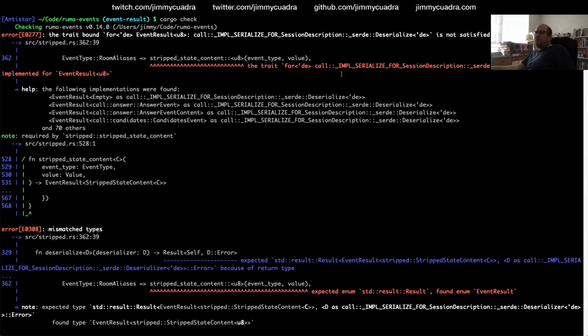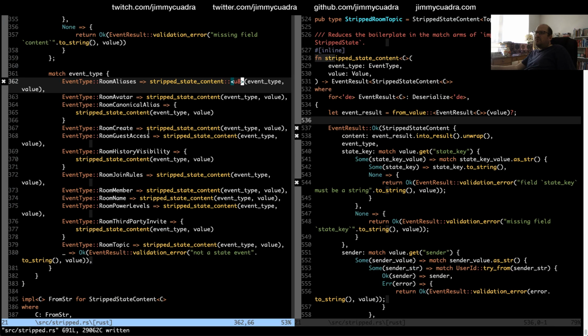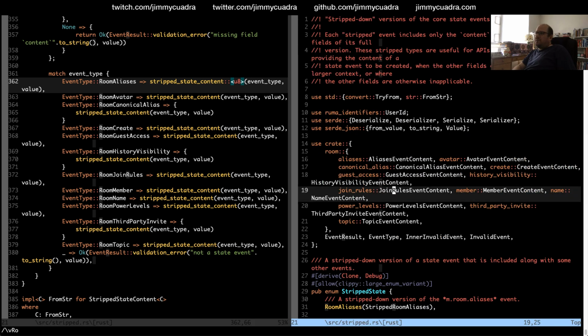Oh no, it did get a few errors. Not implemented for U8. So what did it think it was? That's weird. Room aliases.